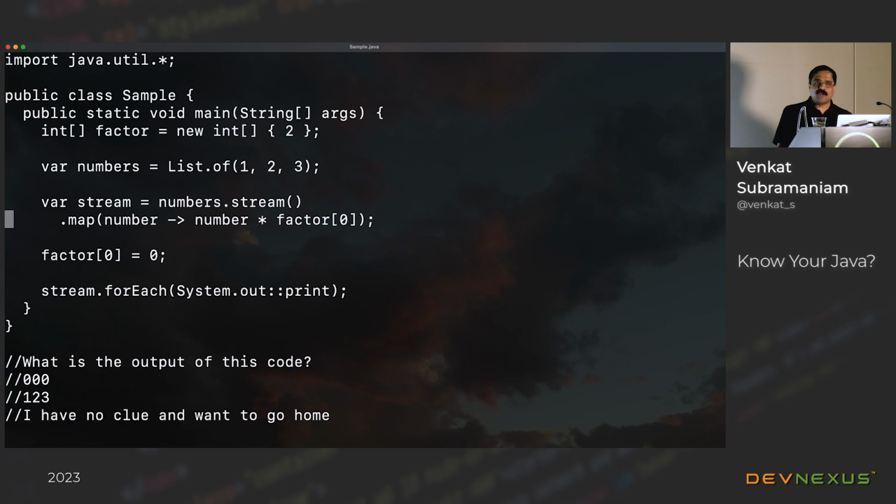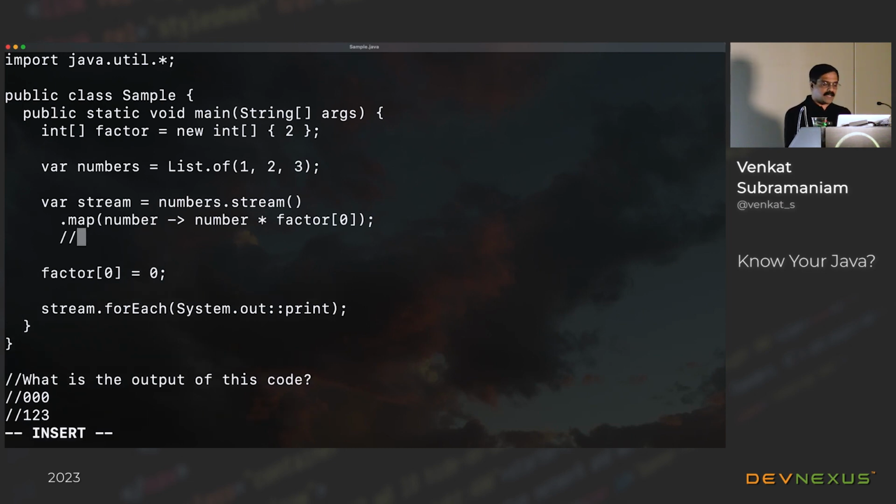But if you're programming in multiple languages, imagine your life dealing with this. Because every time you look at this code, you have to stare at it and remember and think about the language and the semantics. But the easiest way to fix it is not to do this. And the reason for this failure is that the function is not a pure function. That is exactly the point: the above function, the lambda, is not a pure function.